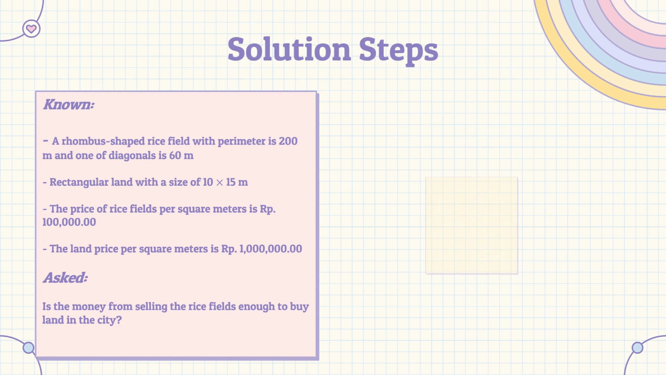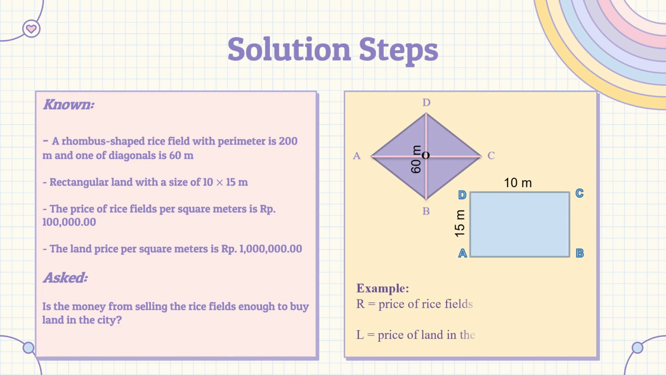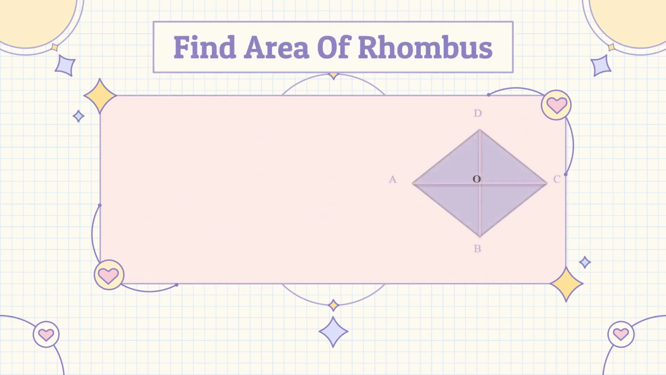Okay, now we must draw the rhombus and rectangle like this. Then we take the price of rice fields as R, and the price of land in the city as L. Because the price of rice fields per square meter is 100,000 rupiah, we have to find the area of the rhombus. You must have studied that the area of a rhombus equals half times diagonal 1 times